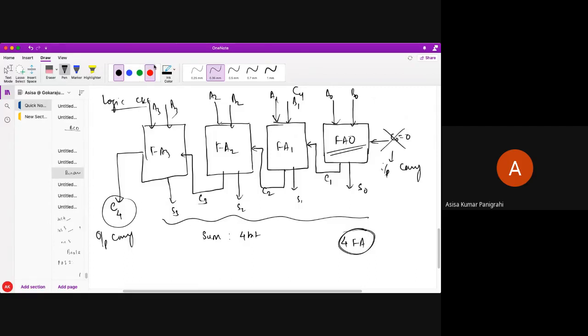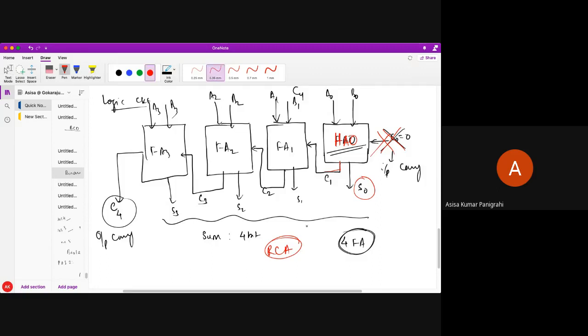What changes do you have to make in this? You have to remove this carry and change this into HA0. Now it's just 2 bits, A0 and B0. It performs the addition and gives sum 0, and whatever carry generates will propagate to the full adder. But still it's an RCA. Why is it RCA? Because carry is being transferred from one adder circuit to another adder circuit, like a ripple.